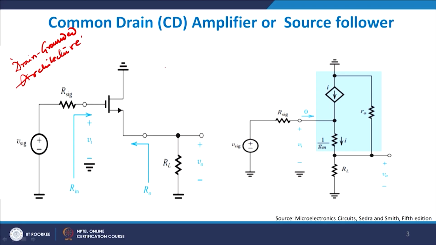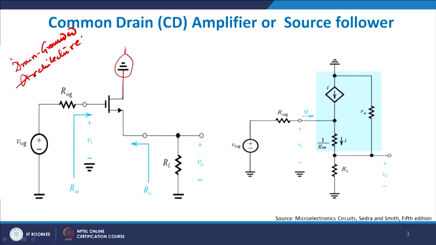It is referred to as a drain grounded architecture. This drain grounded architecture primarily means that the drain has been grounded, to the 0 potential here, and a signal is applied back to the gate side. Only in one condition, which is CG, common gate, do you apply the signal to the source side. For all other amplifier configurations, you apply the signal voltage